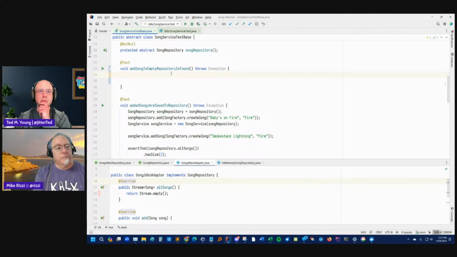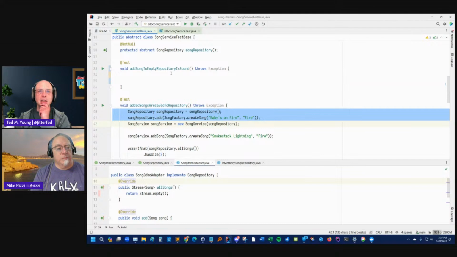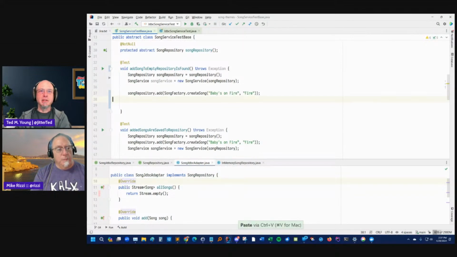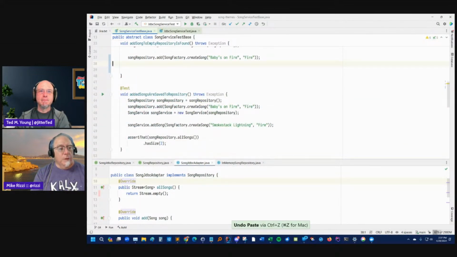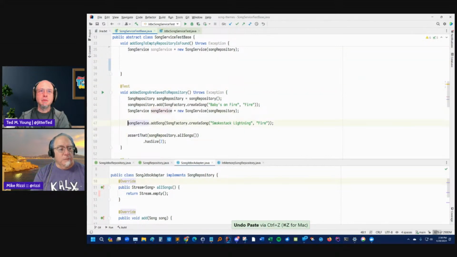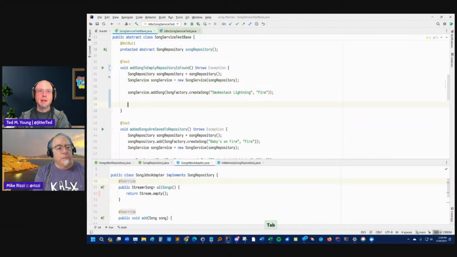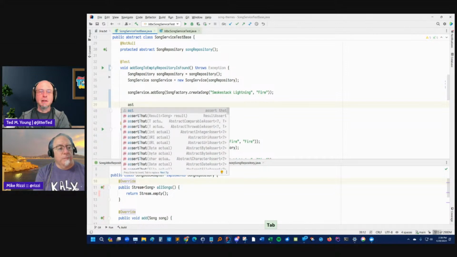So let's, I'm gonna do this. Yeah, pretty much. Yeah, except we don't want the add there. We'll want to move that after. We'll actually want to, yeah, and then we can copy what you have on 47. On 47, because we want to add it via the song service, not directly to the repository. Right. And then we can assert on the